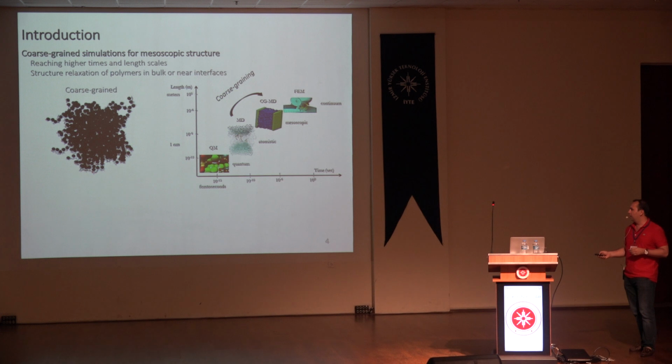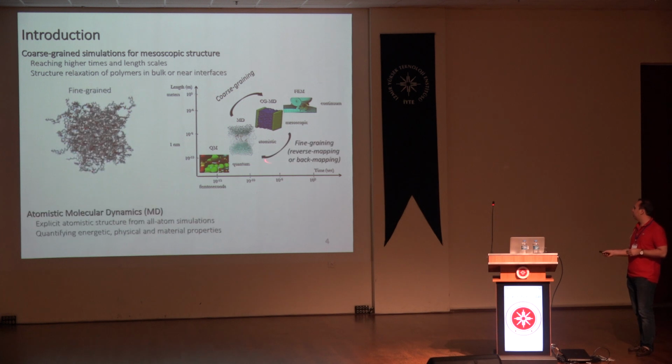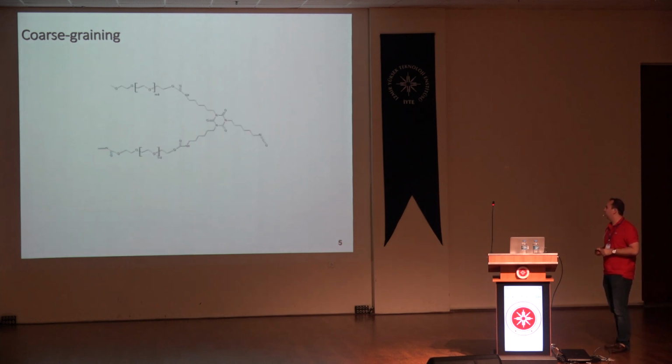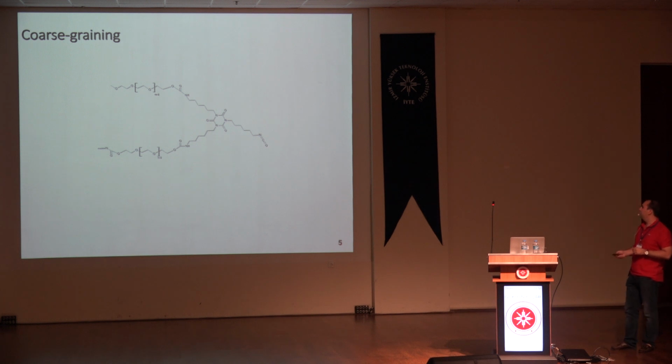And if your interest is performing simulations for the material properties, you can even perform fine graining, reverse mapping, or back mapping, whatever terminology you would like to use, and later, as I mentioned, perform atomistic molecular dynamics simulations. So this is more or less the bridge, a logical and feasible way to perform it. Okay, so I'll just remind you of the initial structure that I showed you at the beginning, the cross-linked structure,